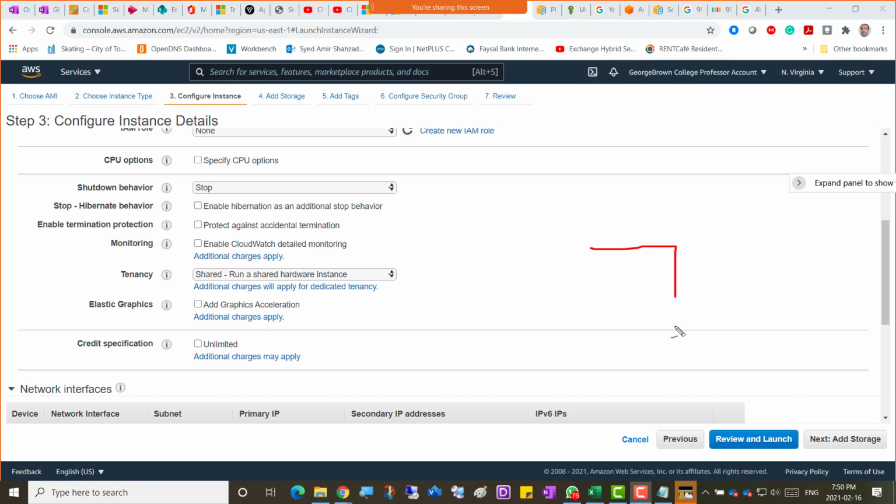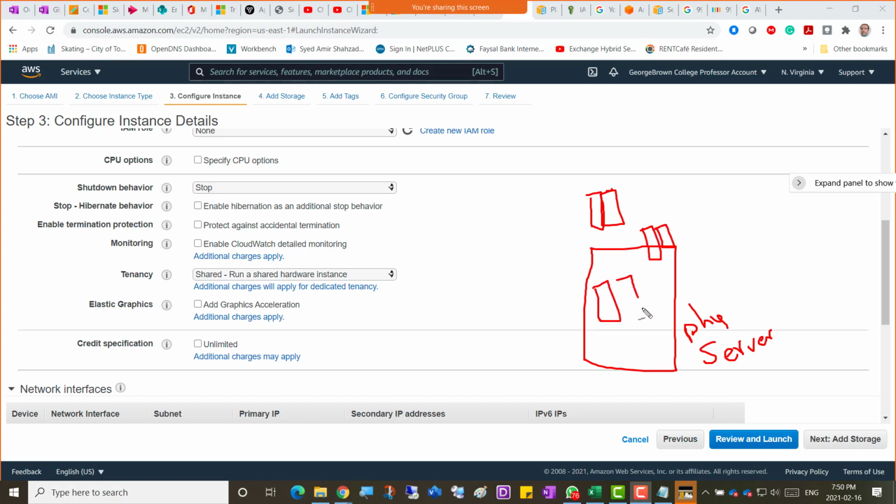So if there's an underlying physical server here, right? In that case, your virtual machine is here, and you have two virtual machines. Then there is another subscription. Another company has their two virtual machines, and another company, they're also sharing the same hardware, and they have their own virtual machines here as well, right? And yet another company. So normally you share the underlying hardware with other subscriptions, AWS subscriptions. But if you go for dedicated instances, then only your virtual machines can be there on